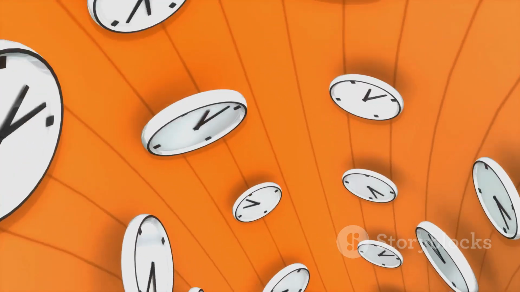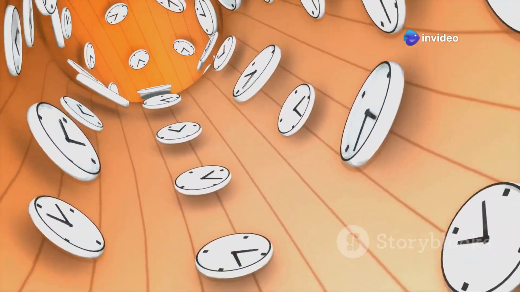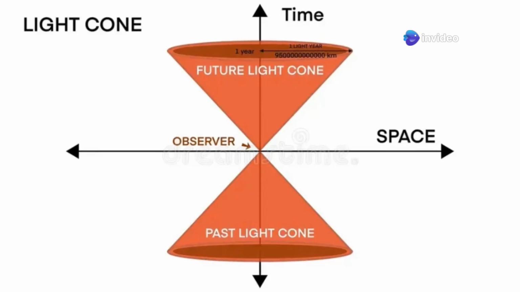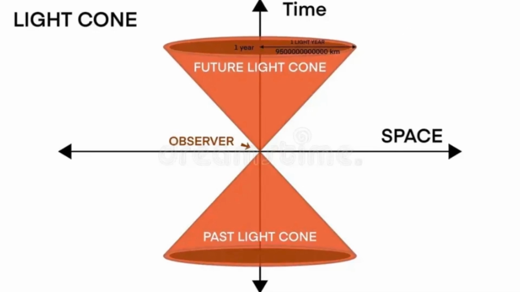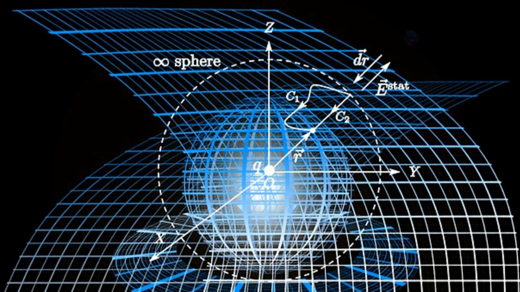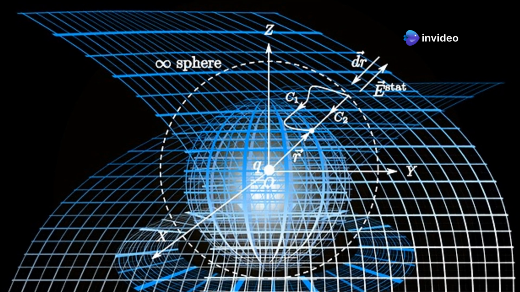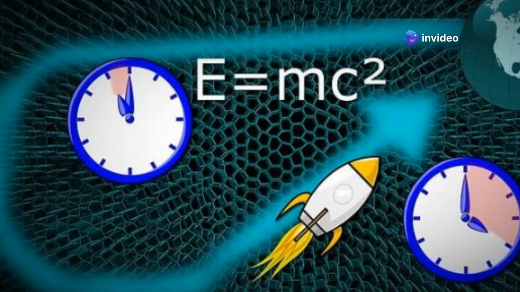Here's where it gets interesting. In spacetime, time doesn't flow in the way we feel it. Instead, it's more like a coordinate, similar to how you'd describe a location in the three-dimensional world. Imagine plotting a point on a map with latitude, longitude, and altitude. Spacetime adds a fourth coordinate: time.